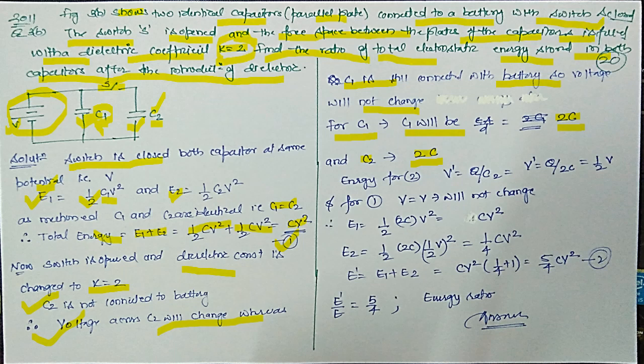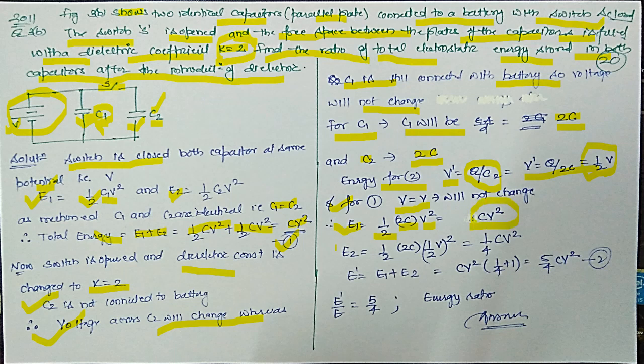Okay, whereas for the capacitor 2 you need to first find out the voltage associated with that. So voltage is given by Q by C, where C is C2 because we are finding for the capacitor number 2, and that is given by Q upon 2C. And if you write in terms of V, you will find it is half V. Okay, so the voltage associated with the capacitor C2 is 1 by 2 V, and for that of capacitor 1 it is V only because the voltage across capacitor 1 will not change. Now the energy associated with the capacitor 1 is given by 1 by 2 twice of C into V square, which is equals to CV square.